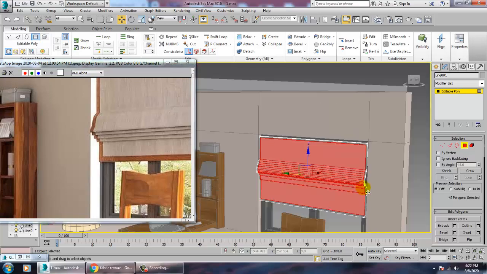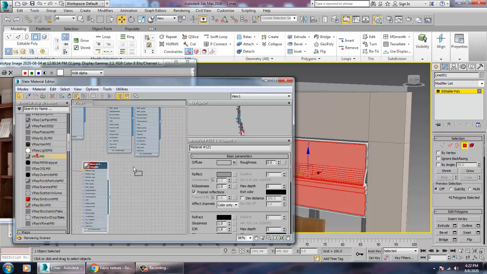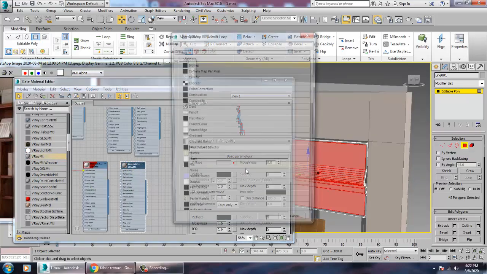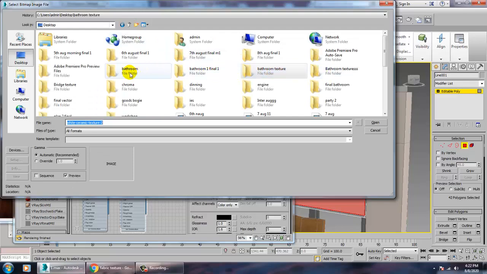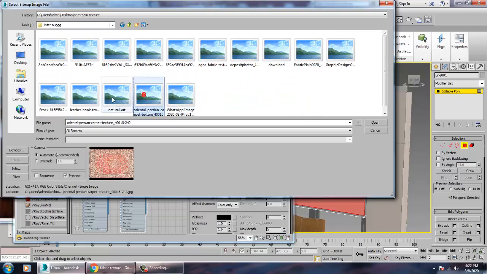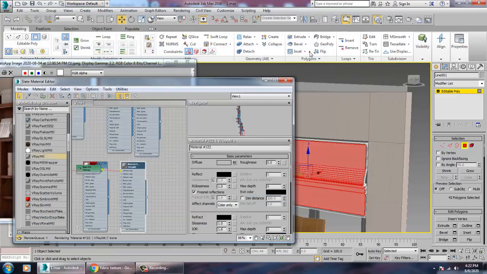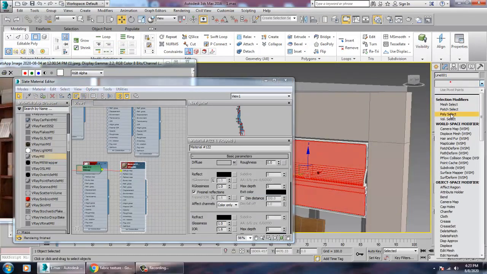go into the material, V-Ray material, and bitmap, and I can go again into that folder, so let's take this plain fabric texture into this.